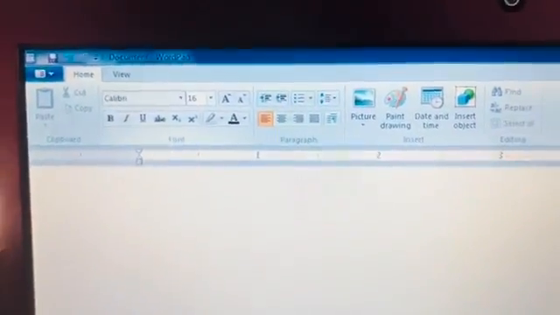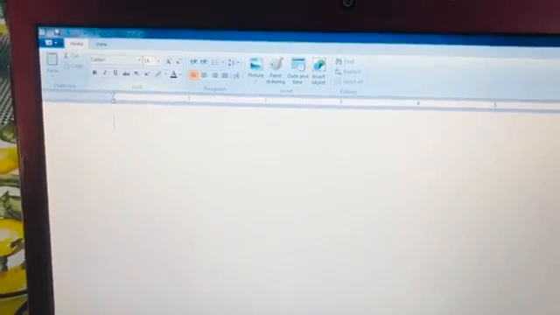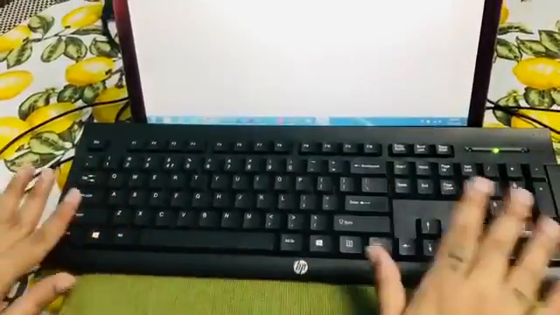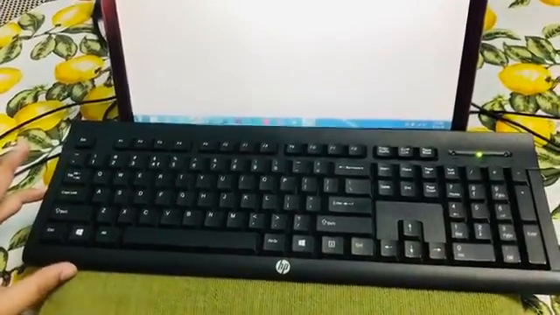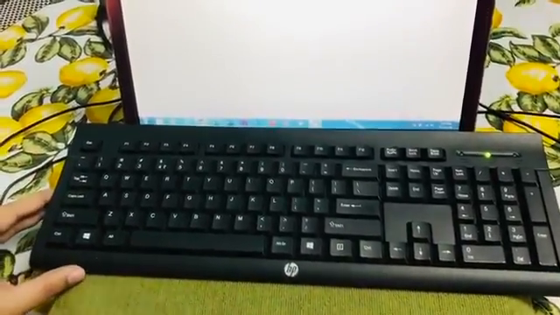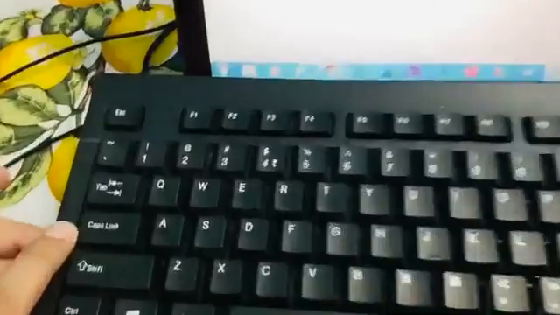And kids, as we have studied in the earlier video, whatever we want to type, we are going to type with the help of a keyboard. And on page number 16 of your computer book, we studied about caps lock.